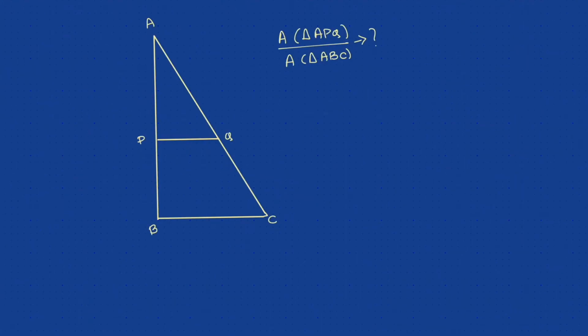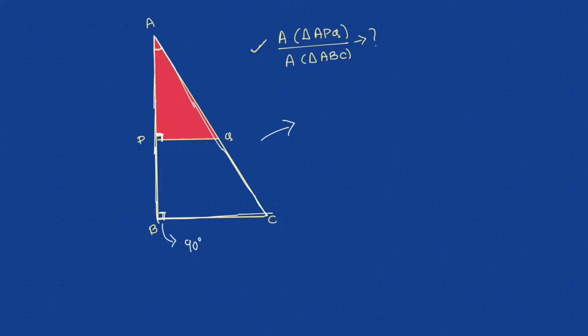Now let us apply whatever we have learned till now. I am being given two triangles. This is one, APQ. If you can see, this is one smaller triangle which is in red here, and I am being given here ABC as a triangle. What is being asked of me now? The ratio of area of triangle APQ upon area of triangle ABC is being asked. I'll try and prove similarity. So what will I start with? The two angles will be 90.